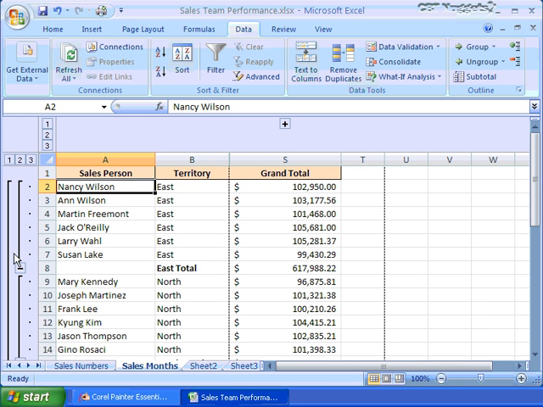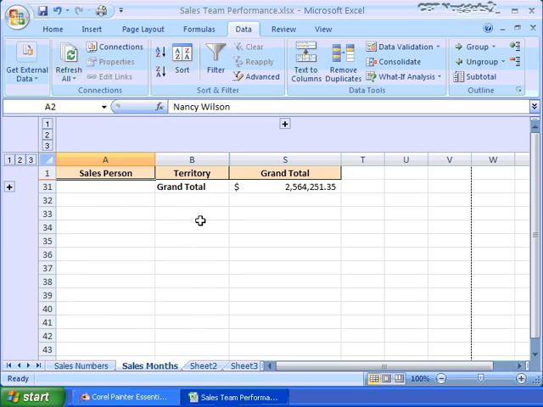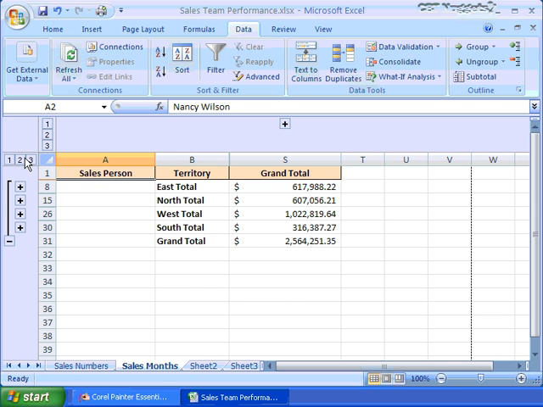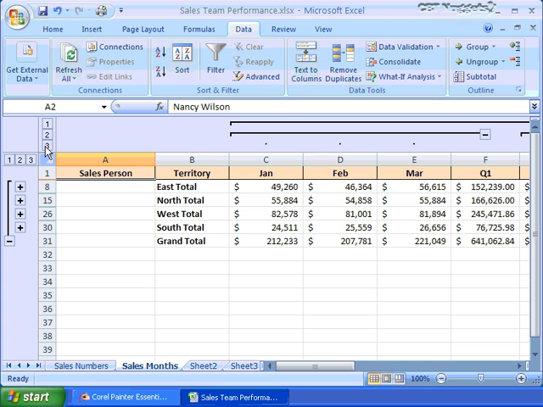Here's our grand totals and our grand totals. All right. So hopefully you're able to see with this that it can really be a powerful tool to include all of your data and then just shrink it down so you can get to the point. Oh, I want to show you also,